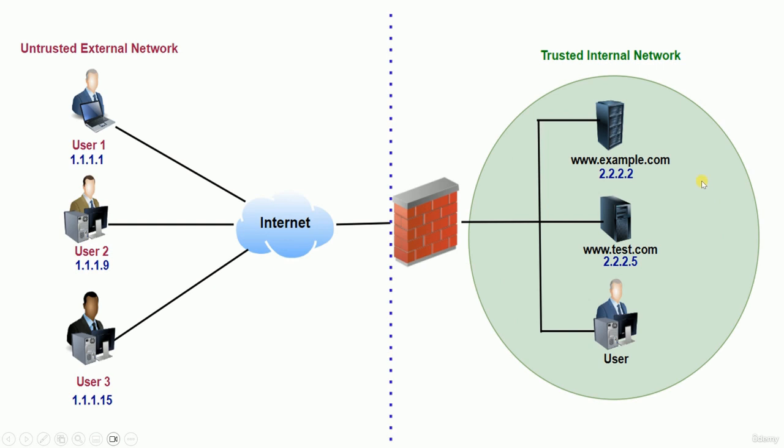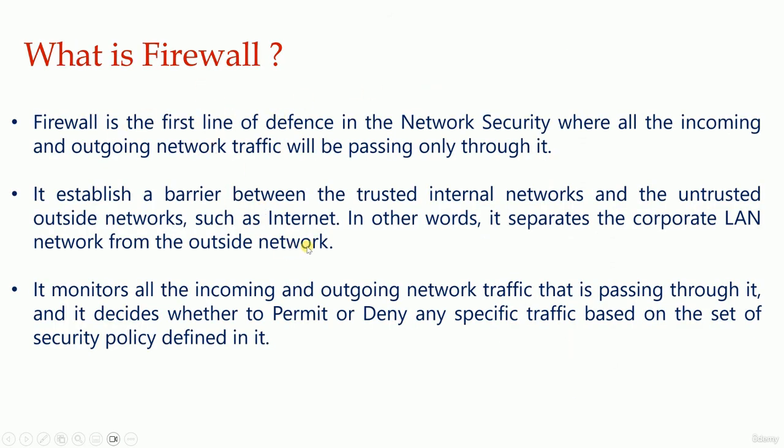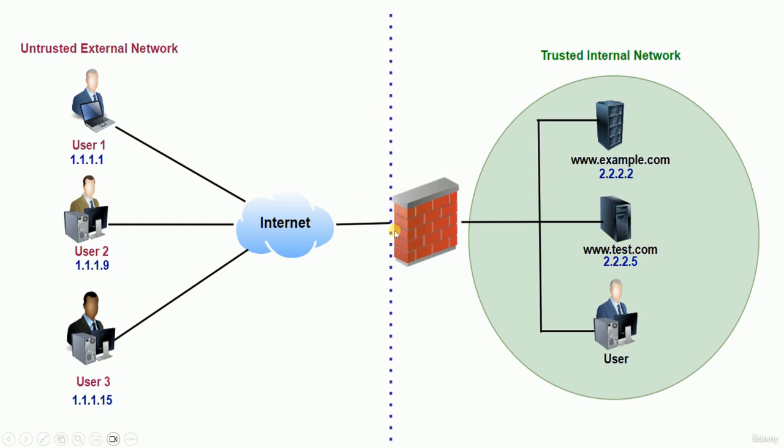Maybe in production you'll be seeing multiple zones within this as well. As I said, this is a very high level understanding in this video, where we are discussing only the basics, but going forward in the upcoming videos, we'll be talking more in detail about the zones as well. So we have an untrusted external network as well as a trusted internal network. By the definition we saw in the previous slide, this is the front line of defense in network security,